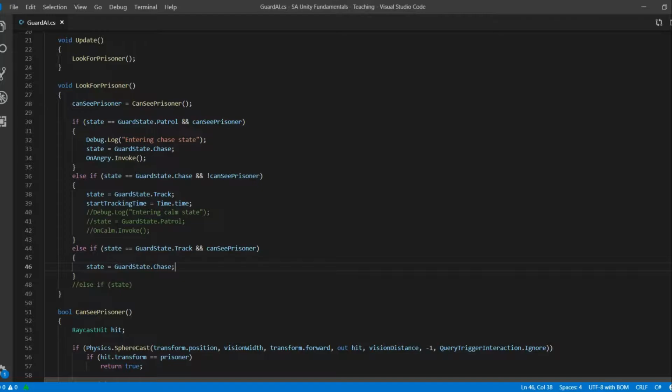Which won't change the guard's behavior, but if it doesn't see the prisoner again, then that'll reset this startTrackingTime as it goes back into track. Okay. Now, else if its state is GuardState.Track and cannot see the prisoner,